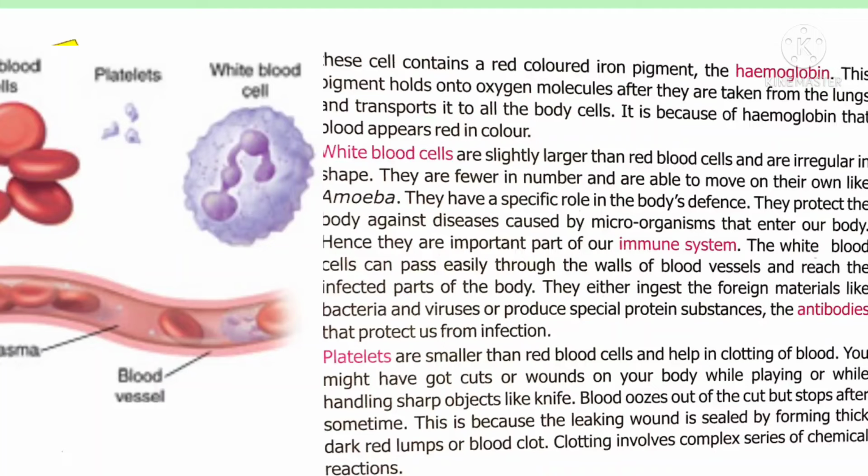Now we move on to the WBC. It is also called a leukocyte. It is larger than a red blood cell. The shape of the WBC is irregular. Its shape looks like an amoeba. An amoeba keeps on changing its body shape for finding food. If they find food, they stretch their body part, called pseudopodia, to catch and digest the food.